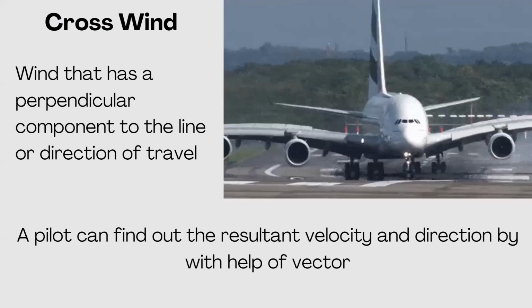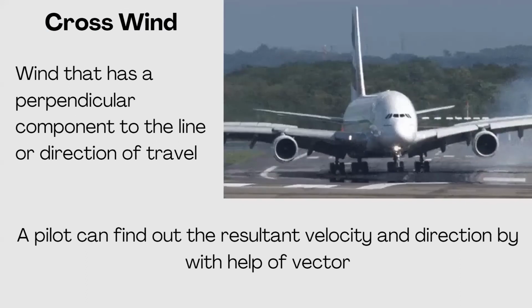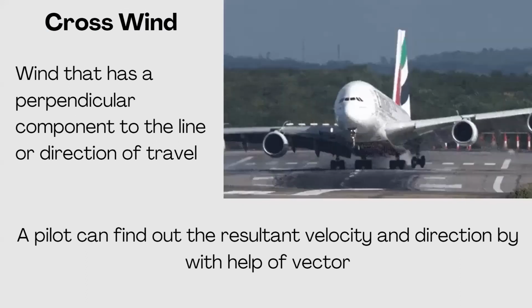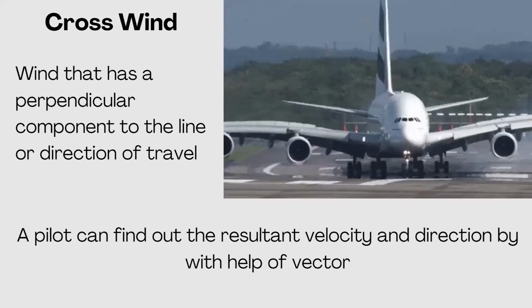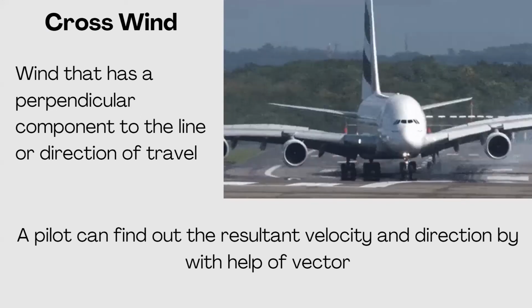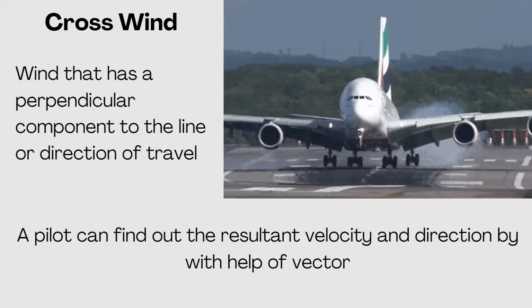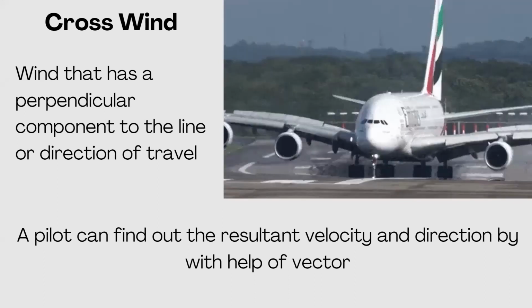So this is one thing which happens to these flights when they're trying to land. When a plane comes to land, there may be some difficulties because of the crosswind. So what the pilot will do is he has to find out the resultant velocity and the direction, and he is using vectors also. The traffic controller who is instructing these pilots will tell